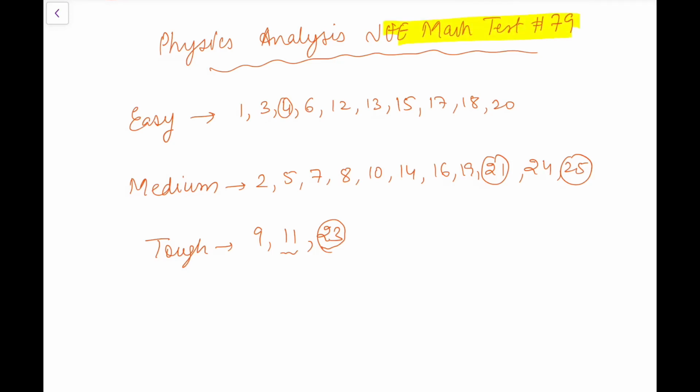Today we have solved JEE Advanced test 79, and this is the physics analysis I'm doing. In this paper, I find 3 questions were actually very challenging, and in the 23rd the answer I'm getting is differing by a factor of 2. I might be wrong here also, but what I feel is not right. In these 3 questions I'm pretty sure they have made mistakes and my answer is correct. They have given the wrong answer, they have solved it incorrectly.